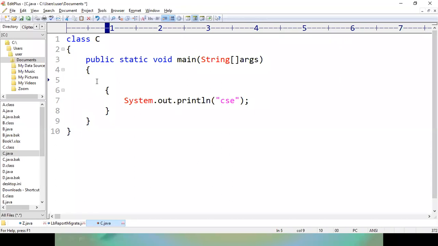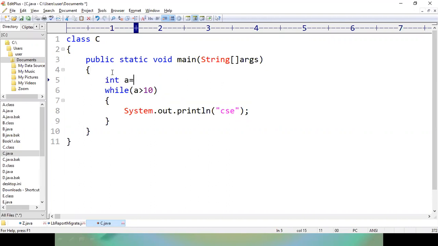Here, if we write while a is less than 10, where a is an integer variable with the value a equal to 0, and inside the body I am just incrementing the value of a.